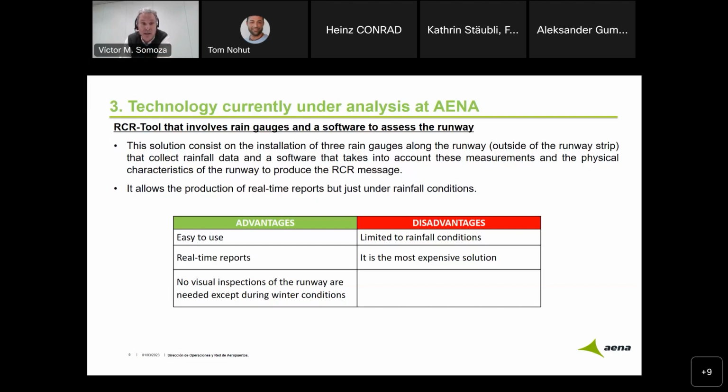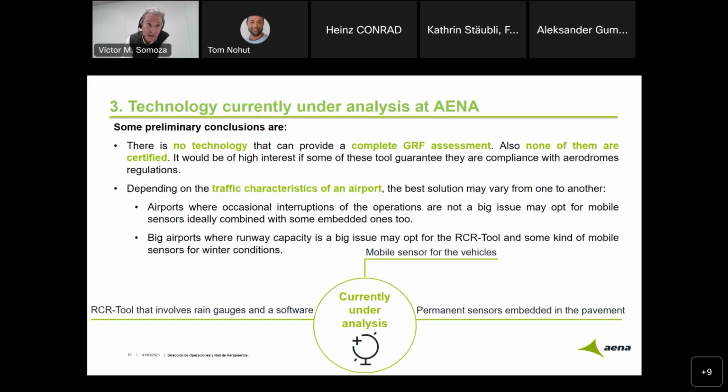It produces real-time reports, and no visual inspection of the runway is needed during rainfall. But a disadvantage is that it is limited to rainfall condition, as I've said, and of course it is the most expensive solution. Good. Our conclusion about this item is that there is no technology that can provide a complete GRF